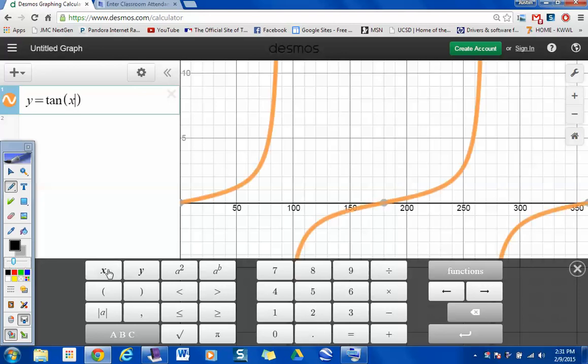Okay. Here's the graph of this right here. Now, do you guys remember that there were asymptotes every 90 degrees for this right here? Okay, guys, why is there no amplitude for a tangent function? Well, if I could draw right here, and I know it's not going to show up on the screen, an asymptote right here at 90 degrees like this,